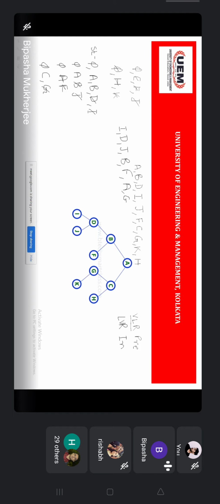So I'm popping out G and pushing the K. Then pop the K. Then you can again do it with C. You are supposed to push the H only, and then you will get C and H. So this is the inorder traversal in the non-recursive way.